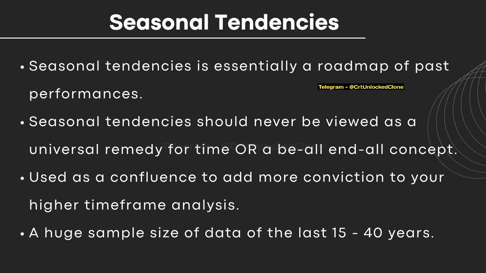But with the help of historical data, we've seen from time to time that these concepts that ICT has introduced, like market profiles, daily ranges, and key levels, when they're combined with each other in a proper way, can help us find high probability conditions where we can accurately and precisely anticipate price action with a great deal of confidence, right? We've come to those conclusions based on the data that we've collected and based on what price has done in the past, right? And in the same way, we've got this concept called seasonal tendencies,